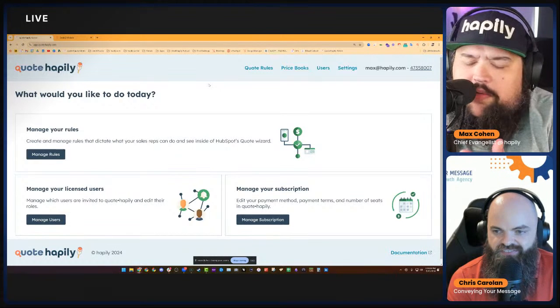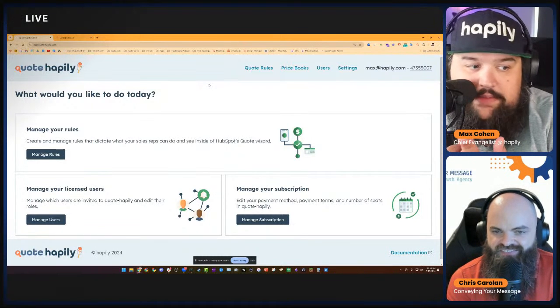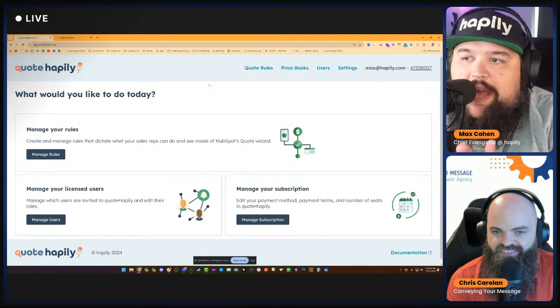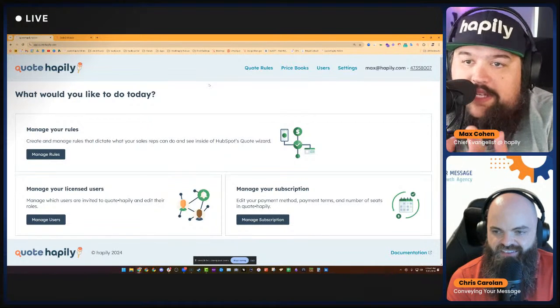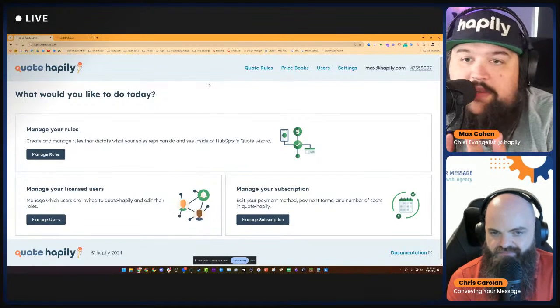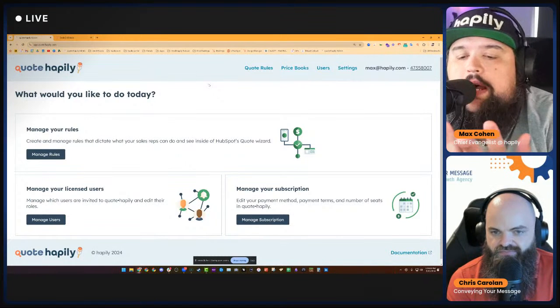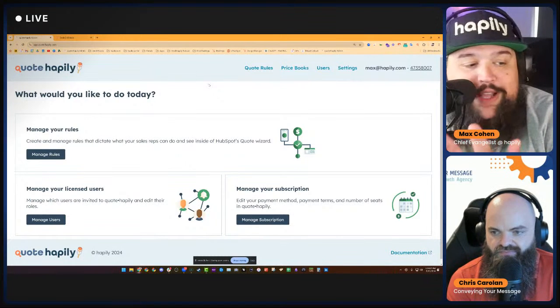Also, the idea of quote approvals in HubSpot today is extremely elementary. It's either all on or all off, and you choose an email it goes to, and that's it. The truth of the matter is that more complex selling teams need a lot more functionality around approvals, in terms of when they're triggered and how the approval process actually works. And then on top of that, we started to introduce price books, right?